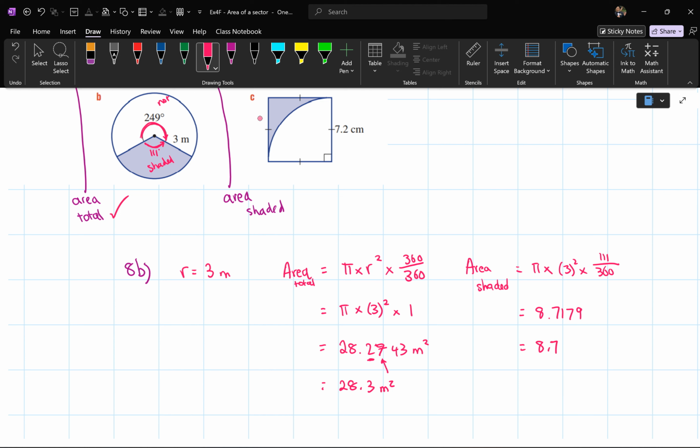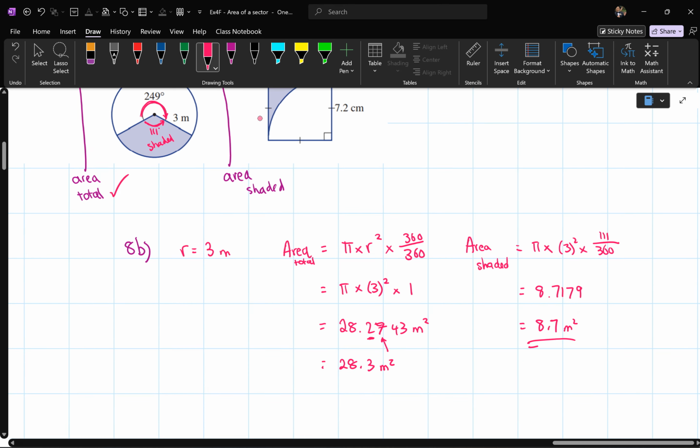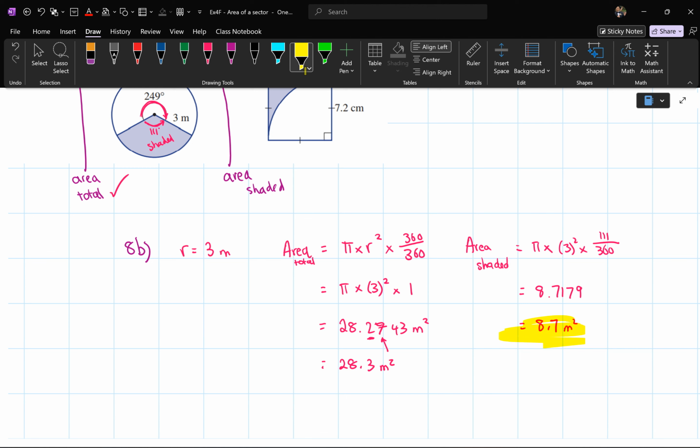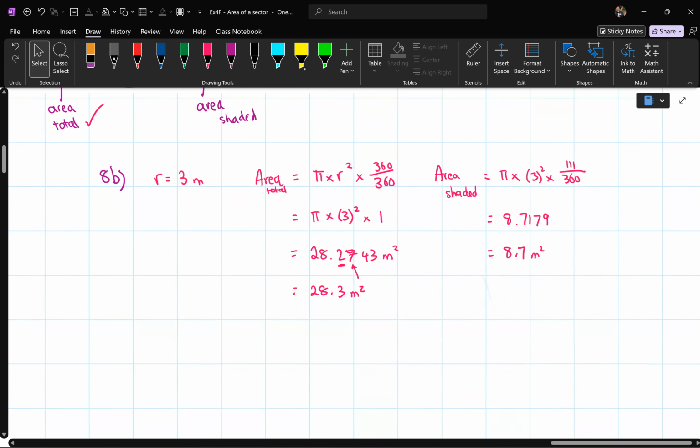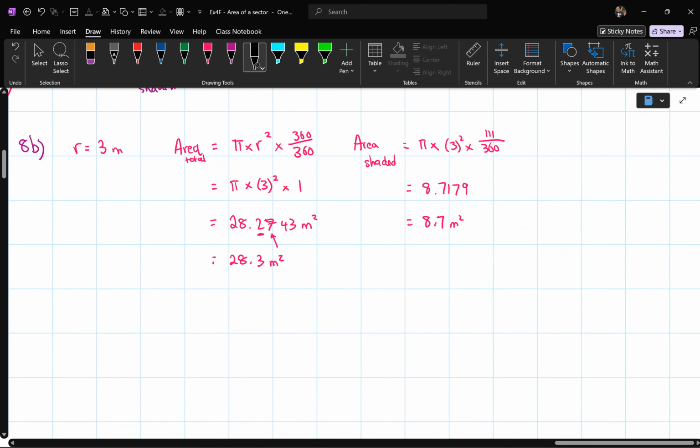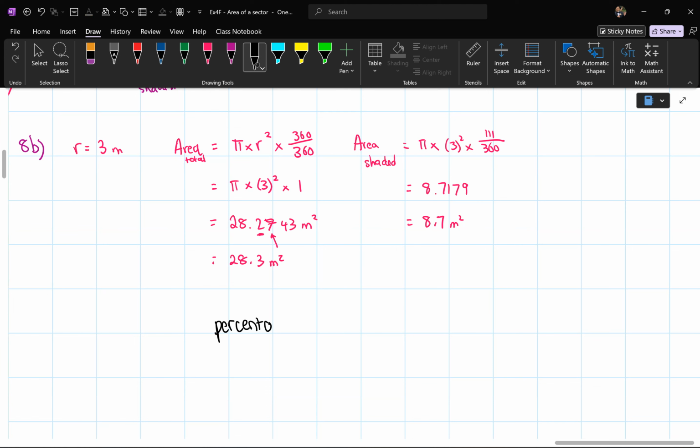Now, I just realized something here. You shouldn't actually round the answers too early because that's not your final answer. Your final answer was to find a percentage. So actually, when you're doing your calculations, don't use 8.7 and don't use 28.3. What you want to use for the final calculation, so here, if you want to work out the percentage of the area that's being shaded,